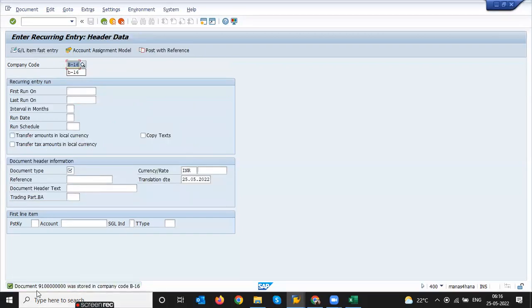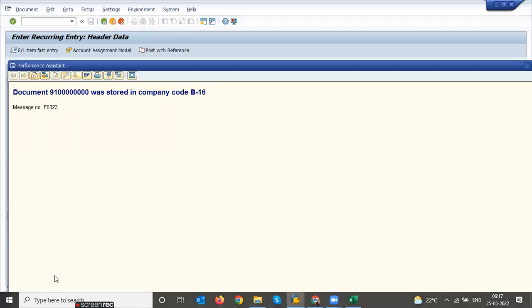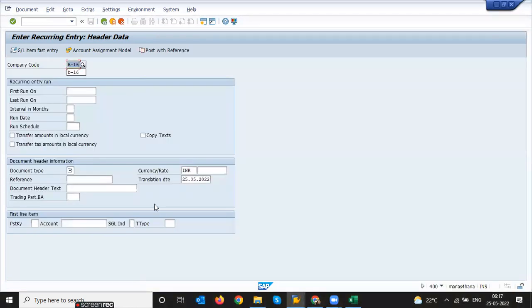So system has generated one entry. This 9 series is exclusively for the purpose of sample entry. Whatever you do with this entry, it won't update in any ledger. So remember, in the recurring entry sample entry, we have done first run, last run and everything, and we've given the system what entry should be done every month. Sample entry we had given here. If you go and check it here,